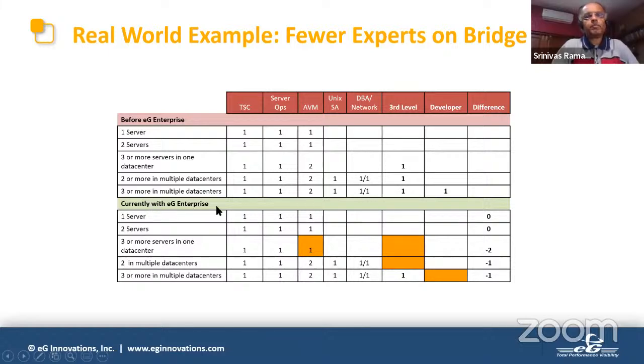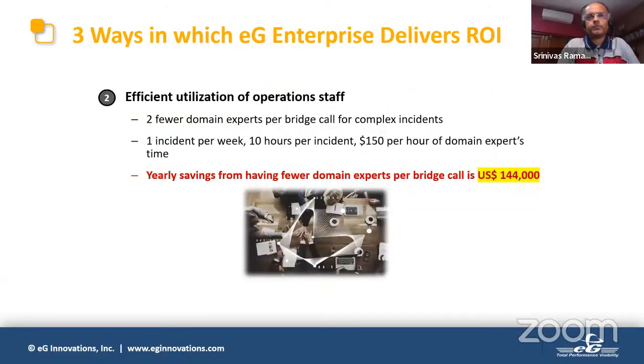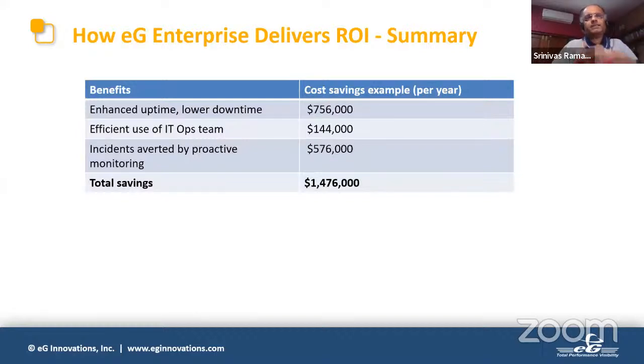Once they had EG Enterprise deployed, the orange boxes represent savings in terms of number of people that they did not need to be present on a call. So by having fewer people on an incident call, they were able to save on operations costs. So in summary, their estimate was when they deployed our solution, they obtained some of these benefits: improved uptime for their services, lowered downtime. Based on the number of incidents that they had over a year, they estimated the cost savings to be about